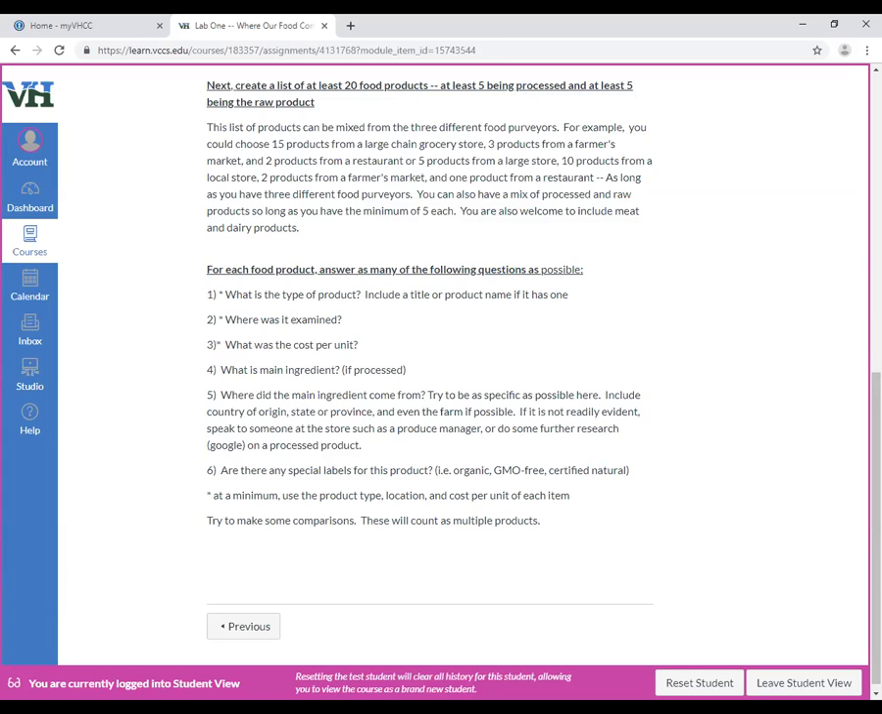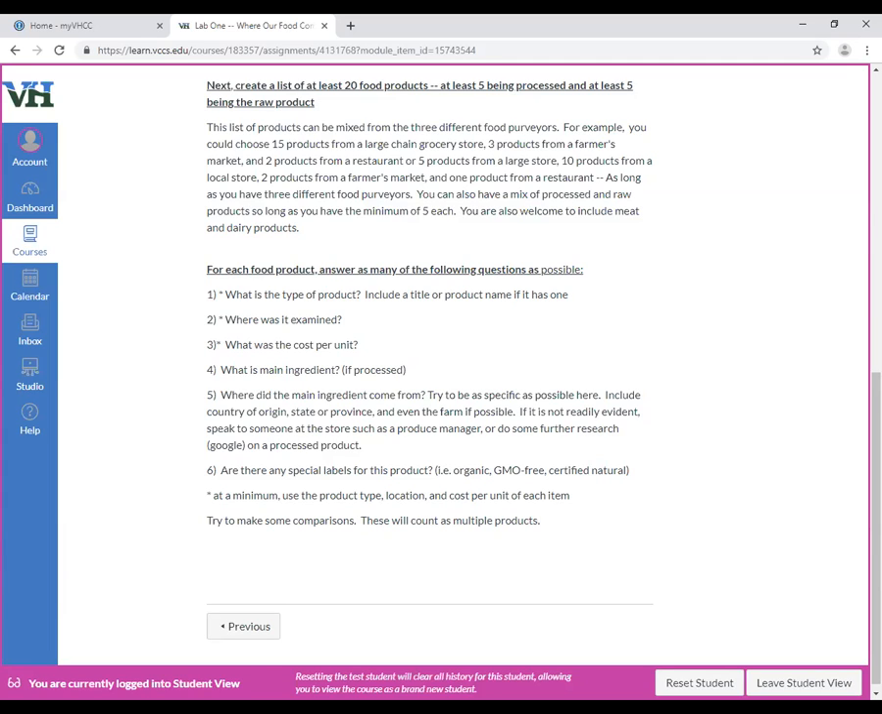So at the minimum, I want you to at least answer the first 3 questions using the product type, the location, the cost per unit of each item, and then try to make some comparisons. So say you're going to look at tomatoes, for instance. You look at a tomato at Kroger's, a vine ripened tomato that was greenhouse grown, we'll say. Write that type of product. Maybe it has a title such as,